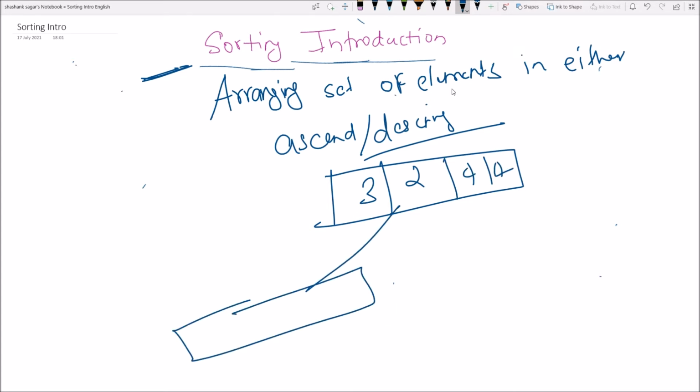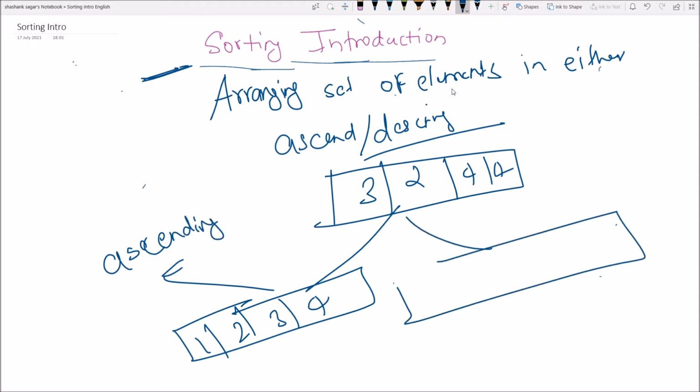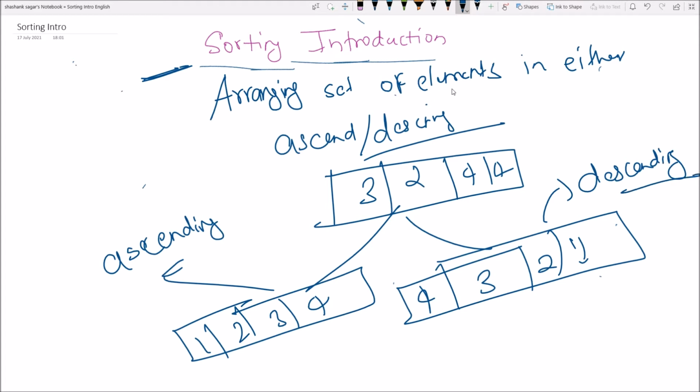This arrangement 1, 2, 3, 4 is arranging elements in ascending order, and this one, 4, 3, 2, 1, is descending order. So what is sorting? Arranging elements in either ascending order or descending order.